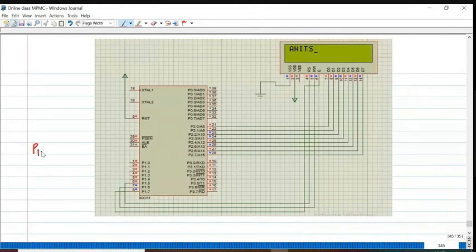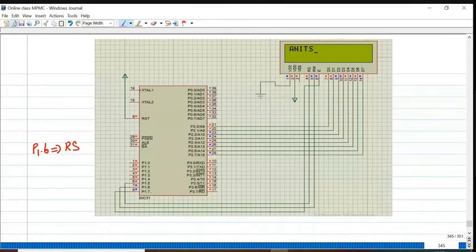P1.6 I have connected to register select. Based on whether it is 0 or 1, we can instruct the LCD for some basics, or we can transmit some data.